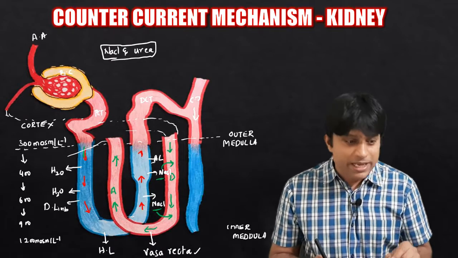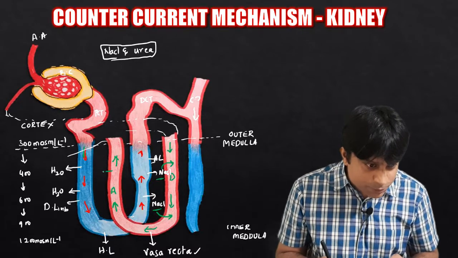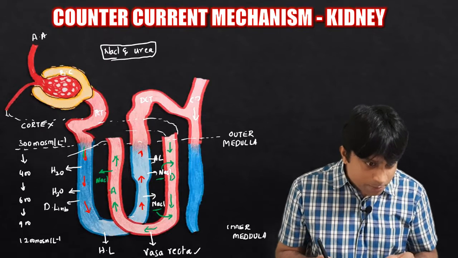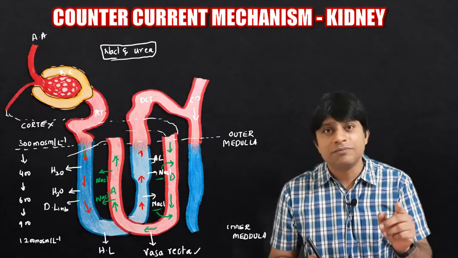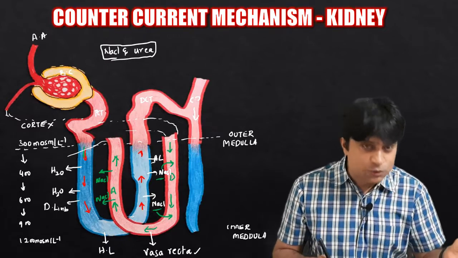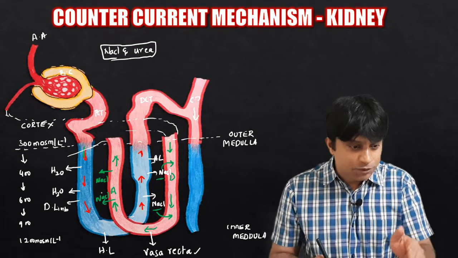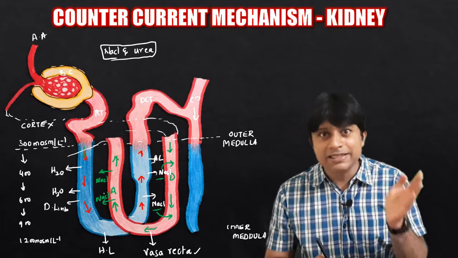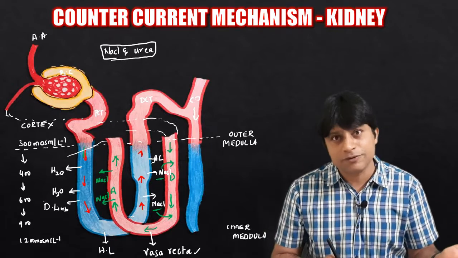So in the descending part of the vasa recta, all the way this sodium chloride enters. When it comes to the ascending part of the vasa recta, from here the sodium chloride enters into the medullary interstitium. As a result of the entry of this sodium chloride into the medullary interstitium from the ascending part of the vasa recta near the descending limb of Henle's loop, the concentration will increase.